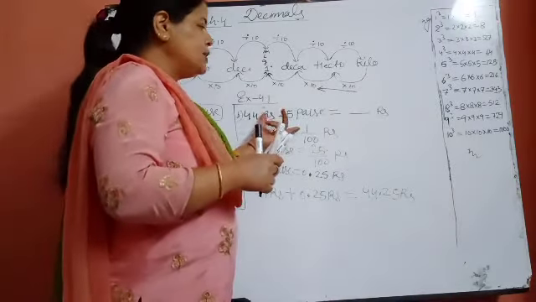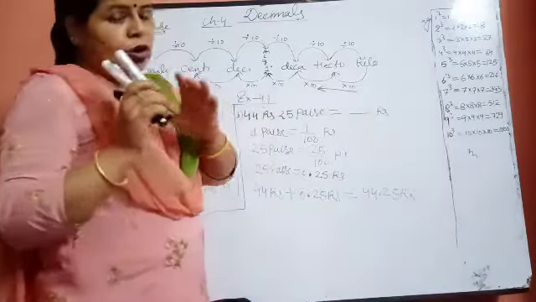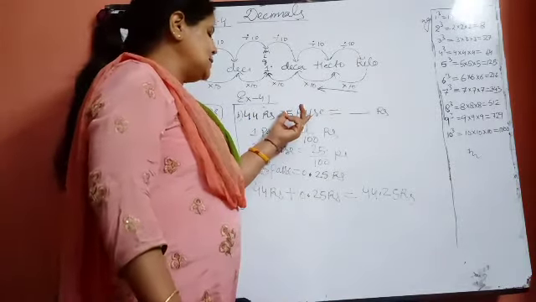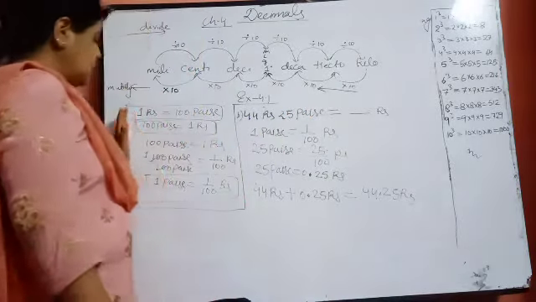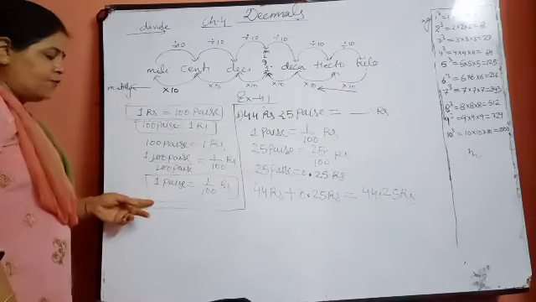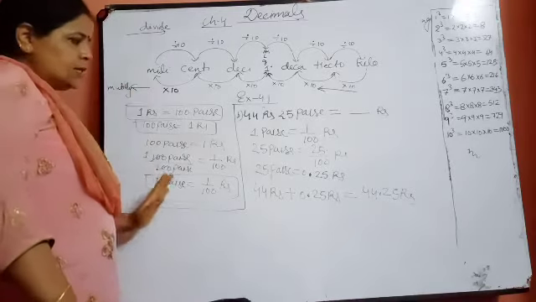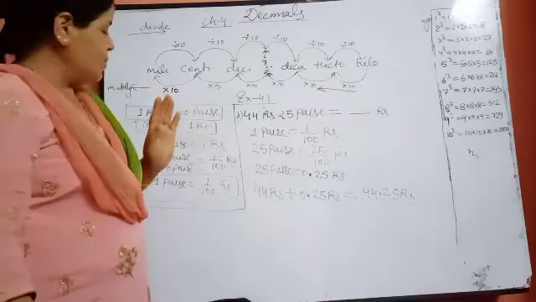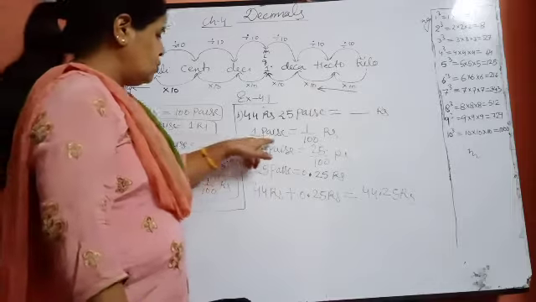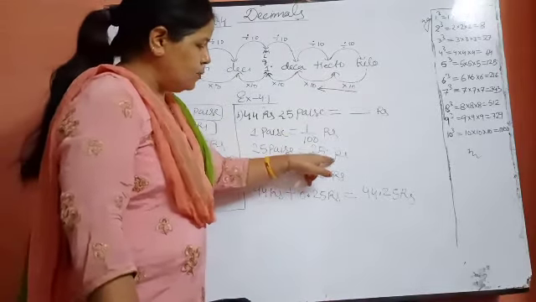Again, see one more time. You have to convert this value into rupees. The first value is already in rupees, so you will not do anything there. You can't make any change there. And 25 pies is there. You can see the relation between pies and rupees. Along with this table, first of all write these relations in your copy, and with the help of all these relations, you have to do all these questions. Pies and rupees have this relation: 1 pie is equal to 1 upon 100 rupees. So 25 pies is equal to 25 upon 100 rupees.